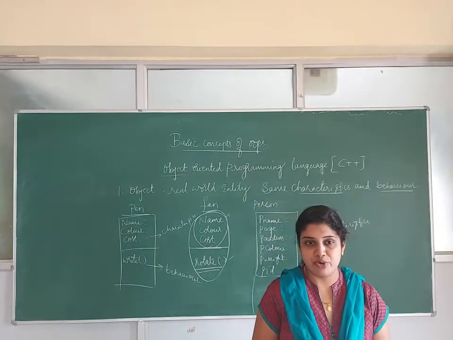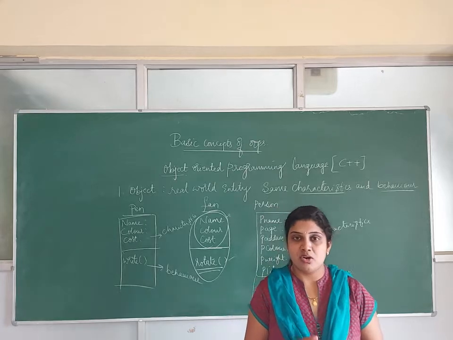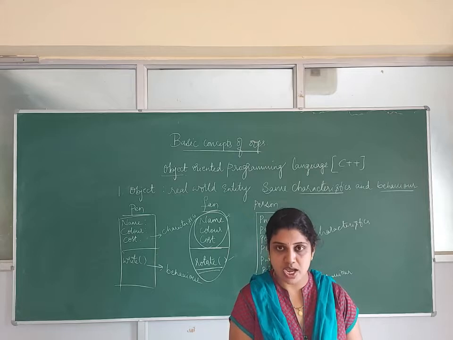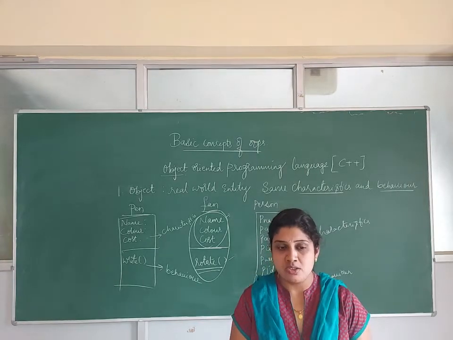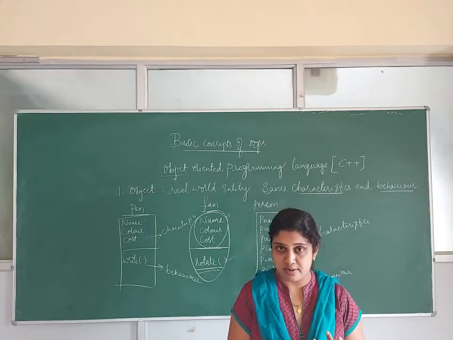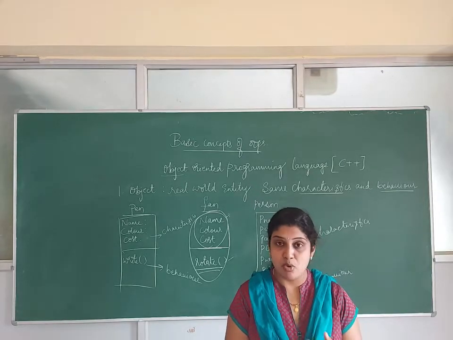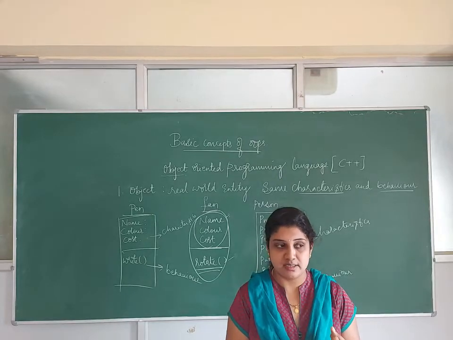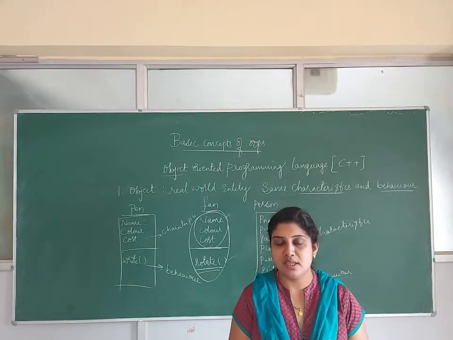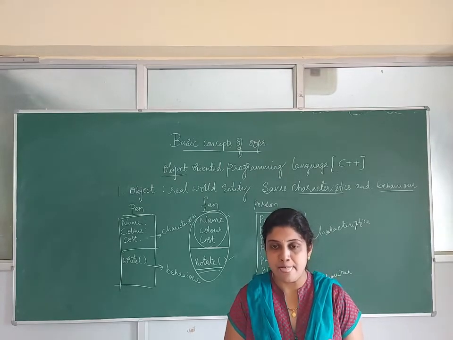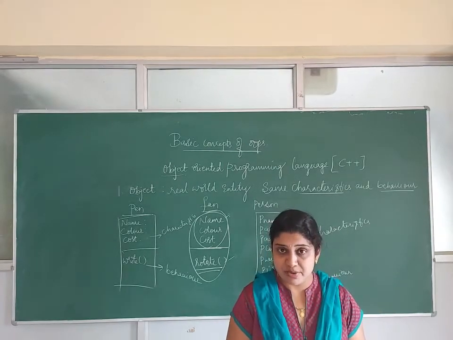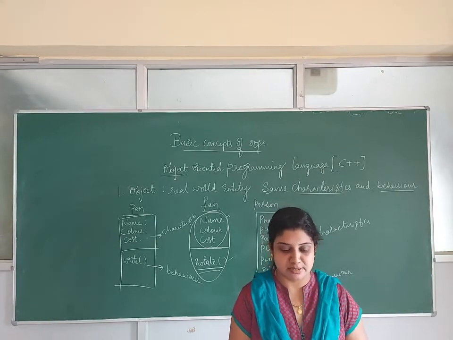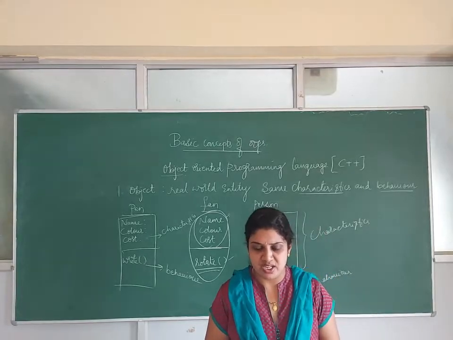One more example you can take. You can consider a car. Car is an object. From the car you have to identify the characteristics. I can consider name of a car, color of a car, model like 1990 or 1991 or 2000, and cost. These are all the characteristics of a car. Suppose what is the behavior? Behavior means it is mainly used to drive. The car is mainly used for driving. So you take any kind of an